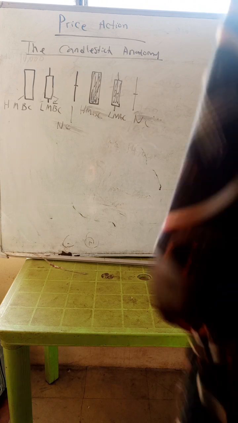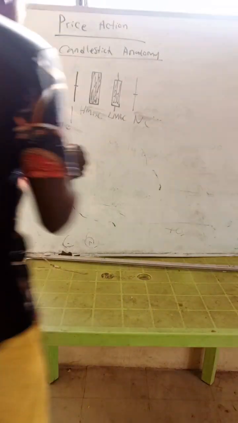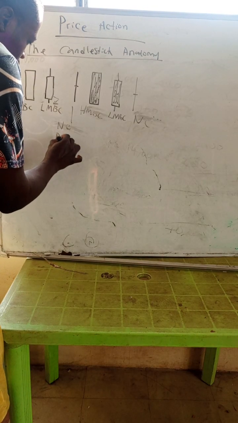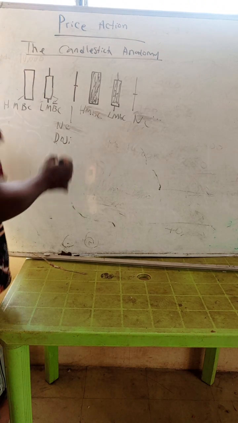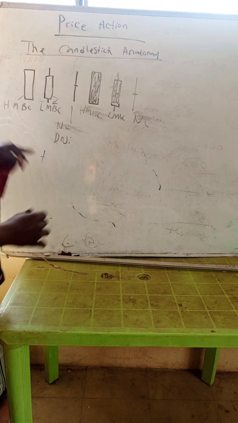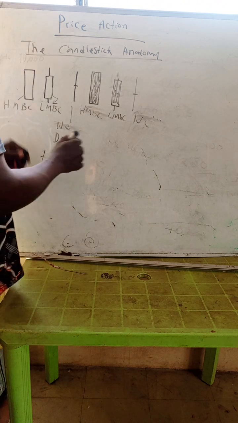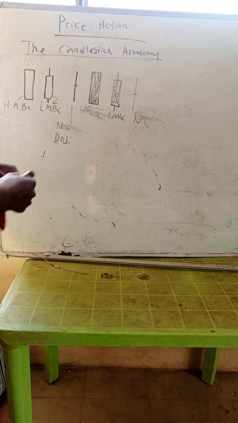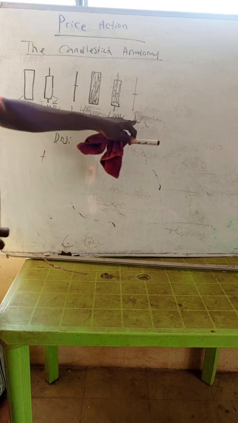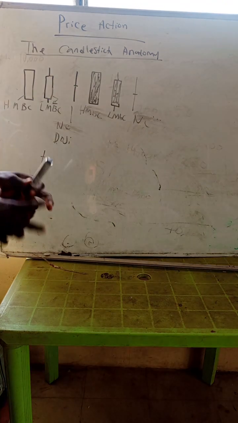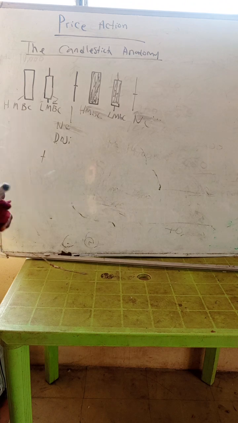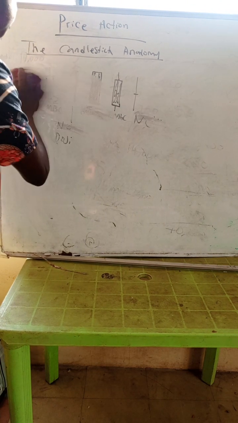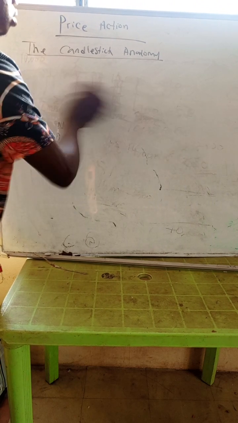And then the neutral candlestick, which is NC. Another name for this neutral candlestick is a doji. It looks like a cross, a plus, something like this. It's called a doji. It shows indecision in the market. So either you call it a neutral candlestick or a doji. Hope you have seen this now. Very good. You can write it down in your book, because I'll be cleaning the board, and then we are going to dive into the explanation.